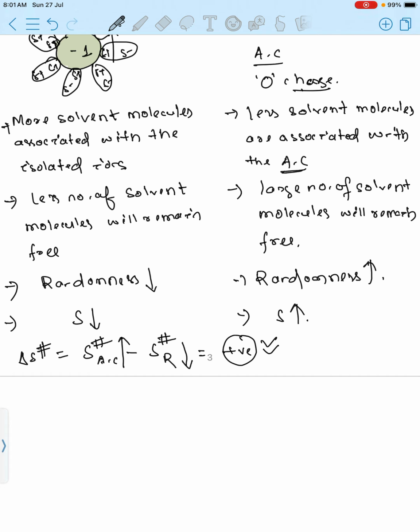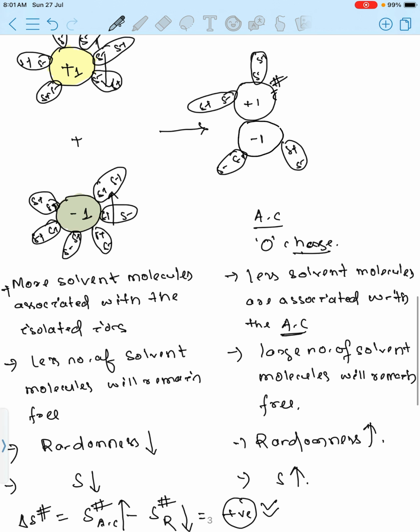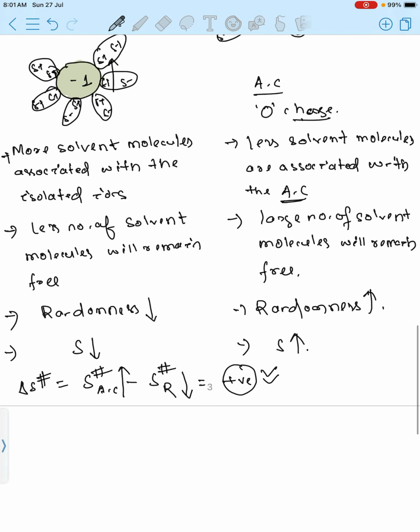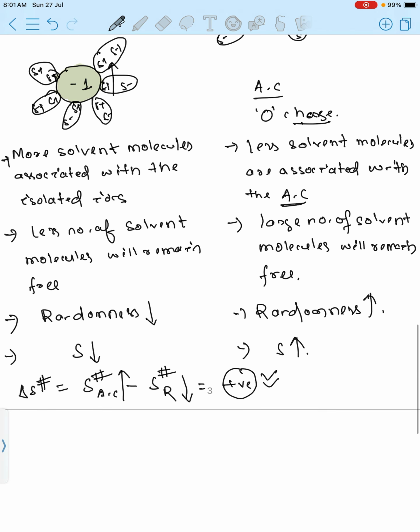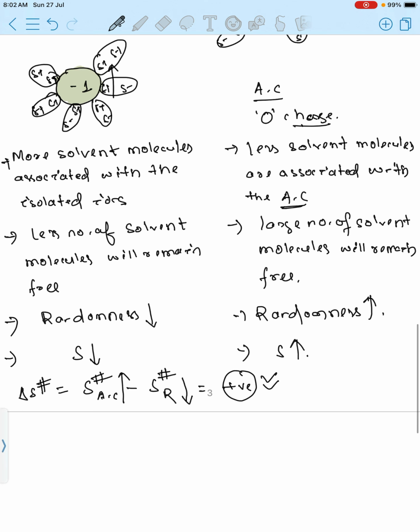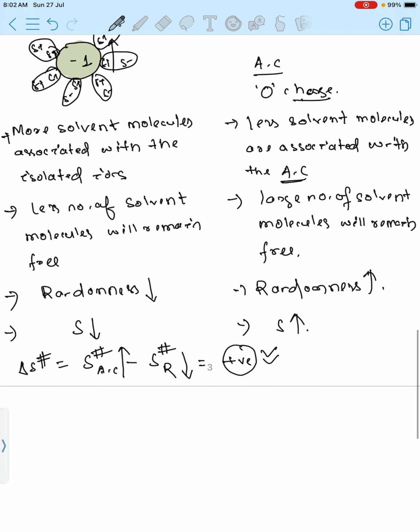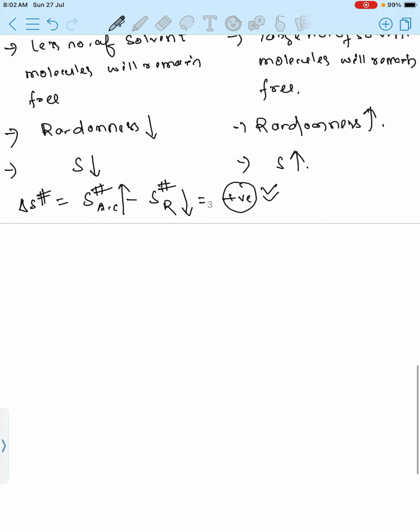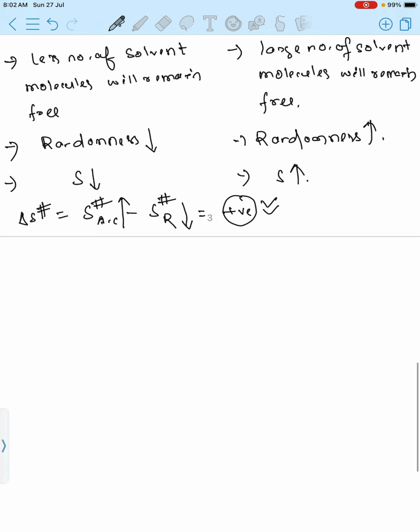Therefore, you can say that on moving from the reactant side to the activated complex side, the solvent molecules are facing lesser restriction due to the neutralization of charges appearing on the respective ions. Therefore, you can see that there is a decrease in electrorestriction. Okay, so you can write down that when the charge